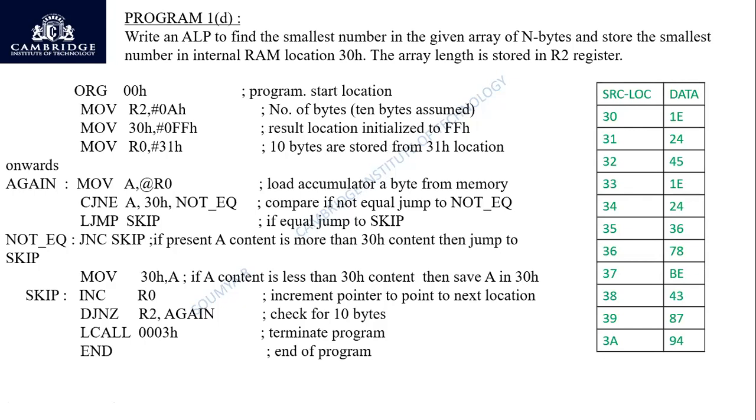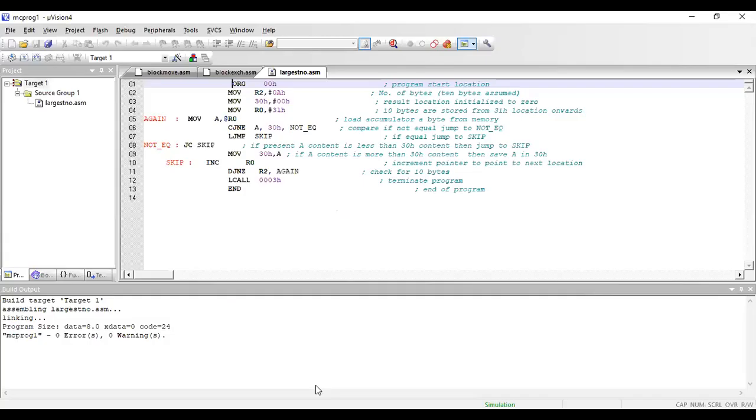So that is the program, which is to find the smallest number using an array, right? So what am I doing? The same way, I'll go for an editor window, I'll open a new editor window, and then I'll have to type a program which is to find the smallest number. So I'll just go through that. I'll have to enter a program which is to find the smallest number.